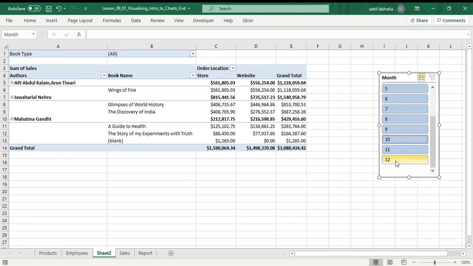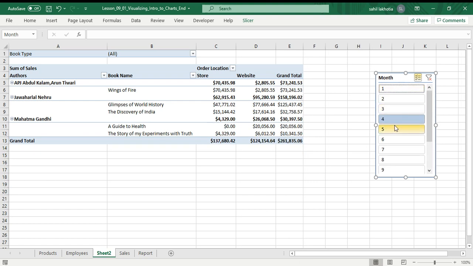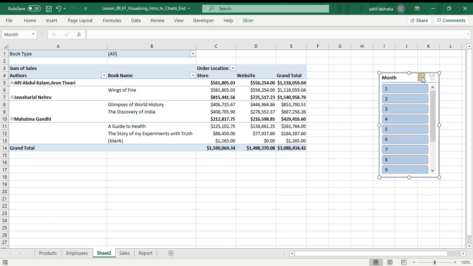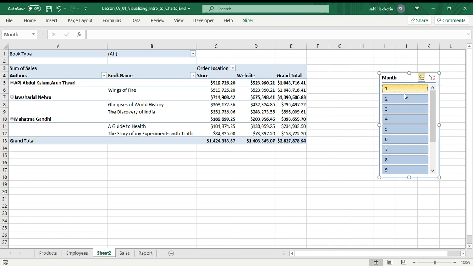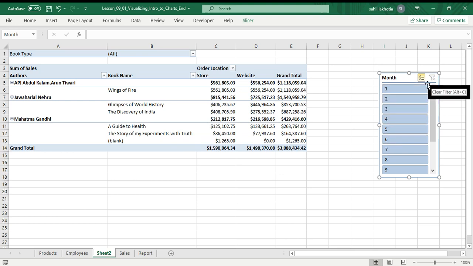Okay, what happened? Why it is not showing? See, I selected this. I selected this. Selected this. Selected this. Okay, I remove for each and everyone. By default, is selected everyone.